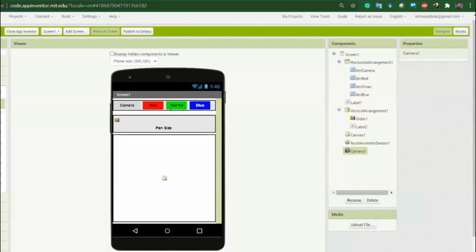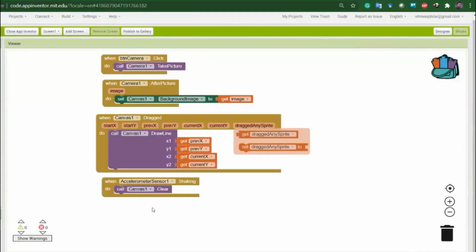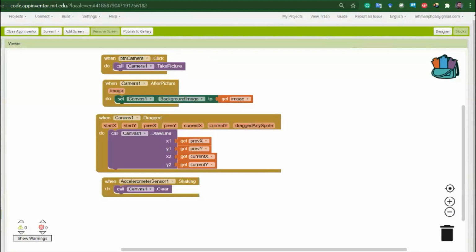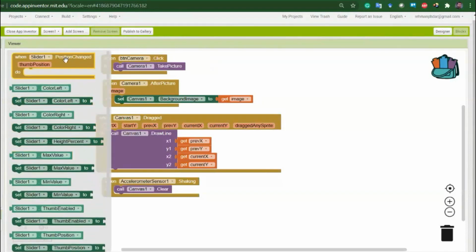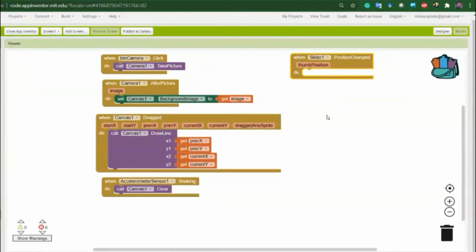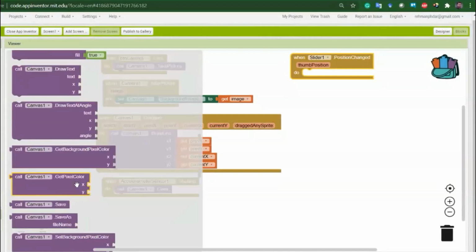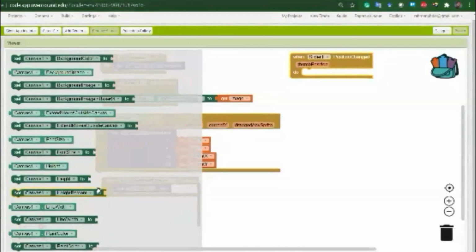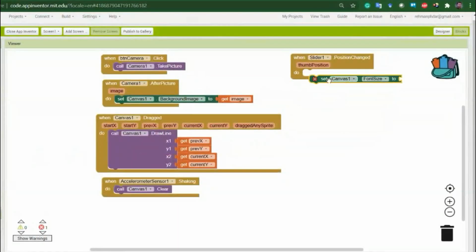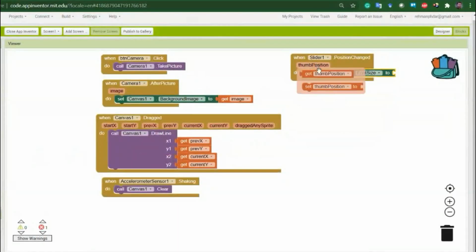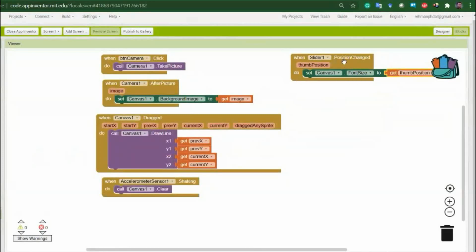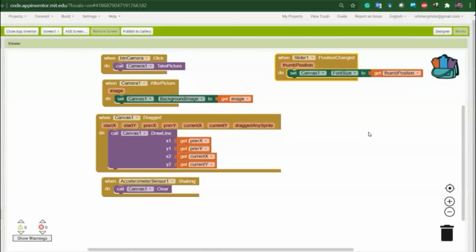So if we want to change the size of the drawing, then we can say like this, that when the slider 1 change position, then what we will do, we can change the canvas paint size, set canvas 1 dot font size to the thumb position. So whatever we slide on the slider, the thumb position will be that one.